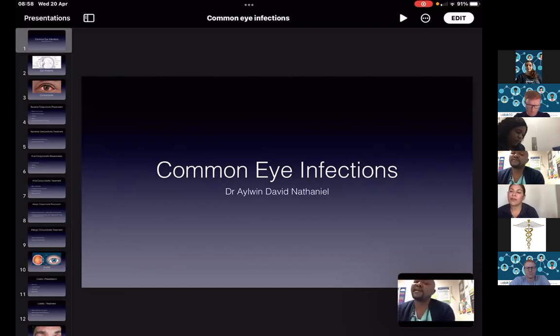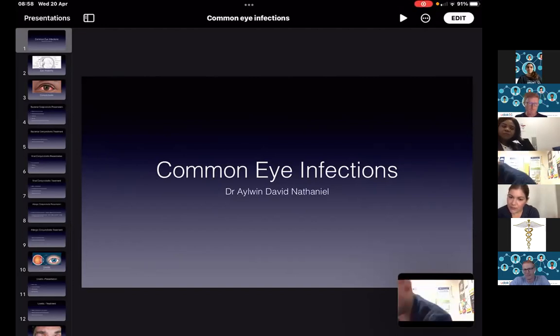Okay, I get the signs and symptoms, but how do we define if this one is allergic and this one is not allergic, since they present similarly in a way? Yeah, so the examination will be similar, where you'll see a reddish type of eye. So in a viral situation, in an allergic situation,